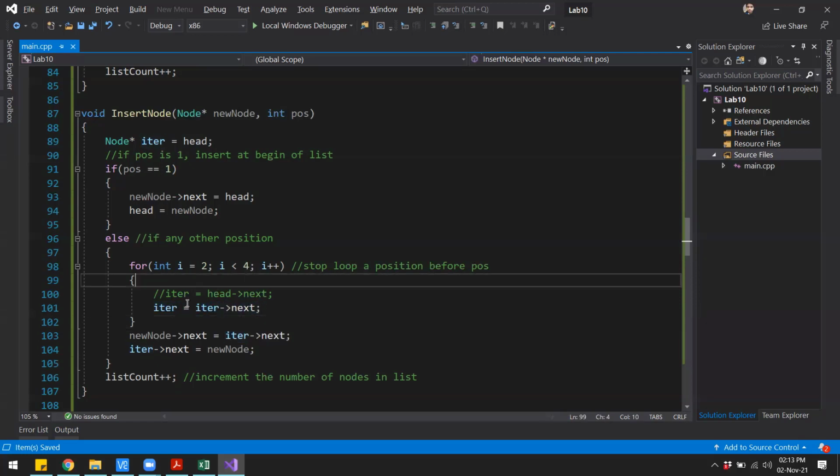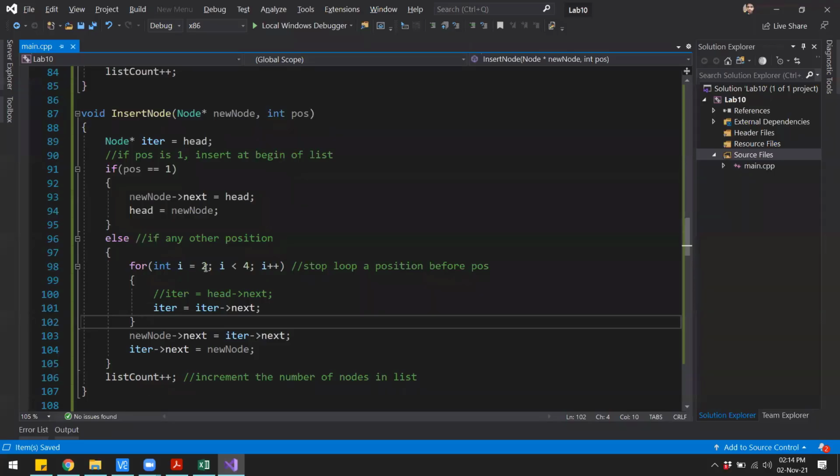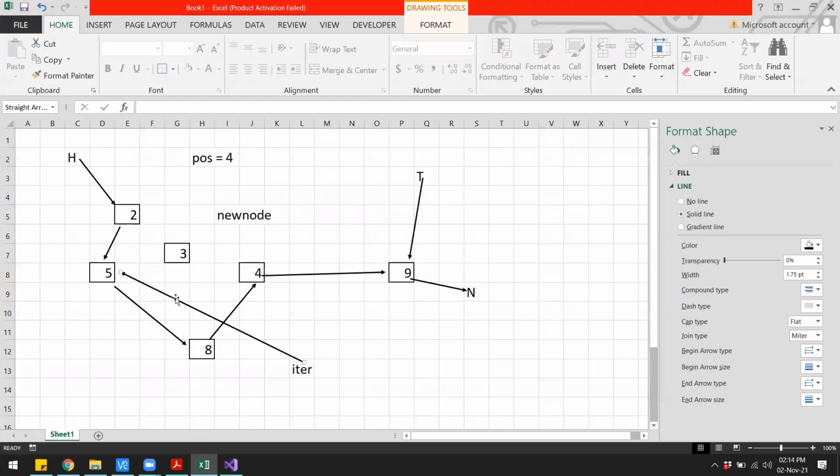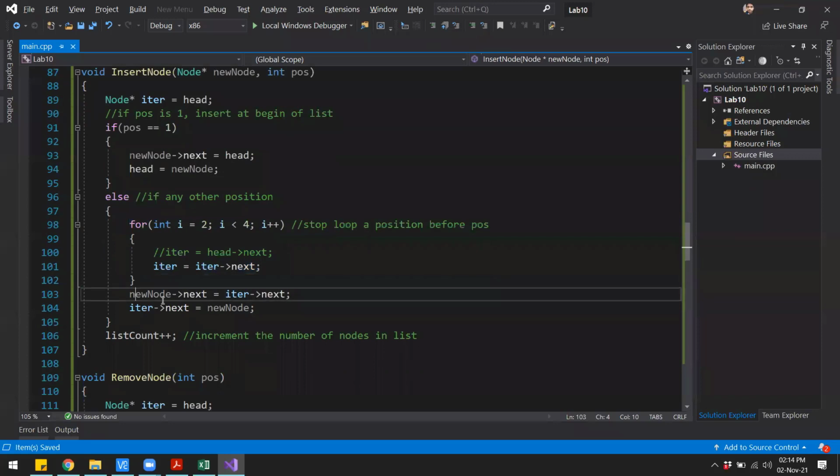The first time the loop runs, iter will point to the node with value 5. Then i becomes 3, and this will happen once again. Then iter will point to the node with value 8. Then i becomes 4, this will become false and this loop will terminate. And then we will go to this section of the code.